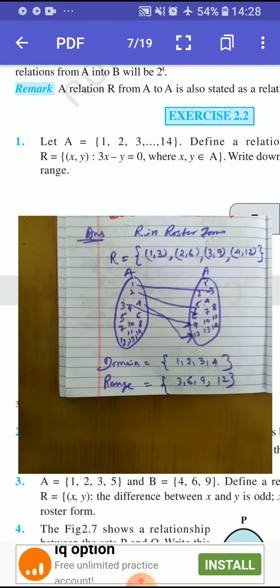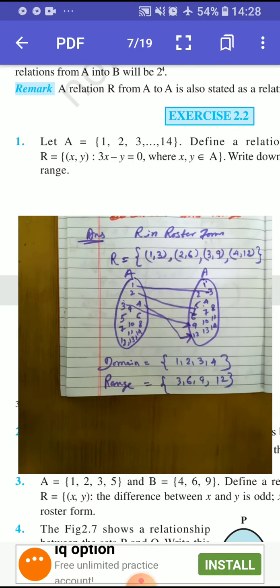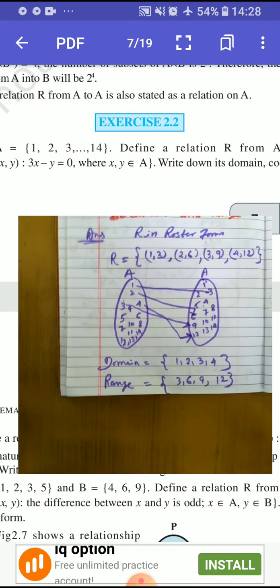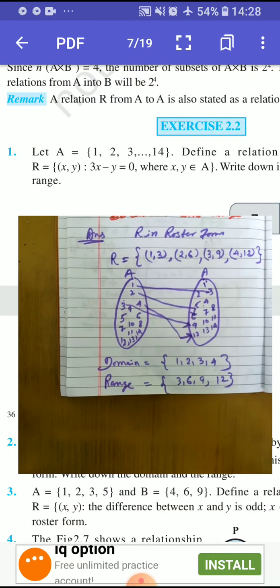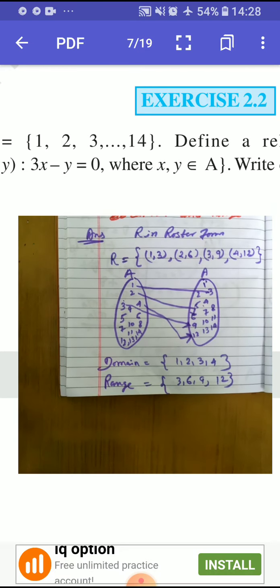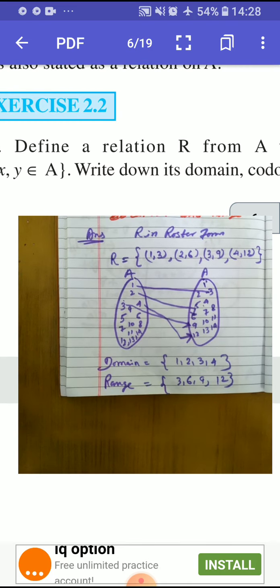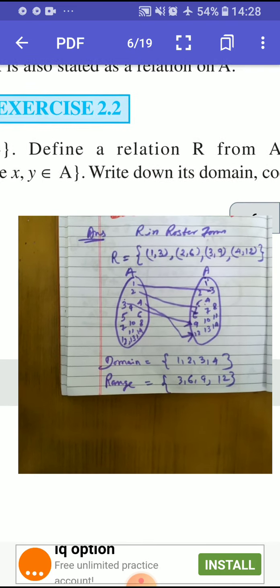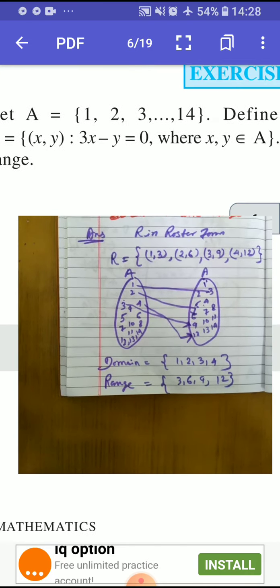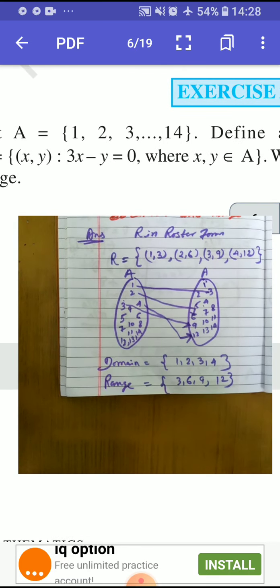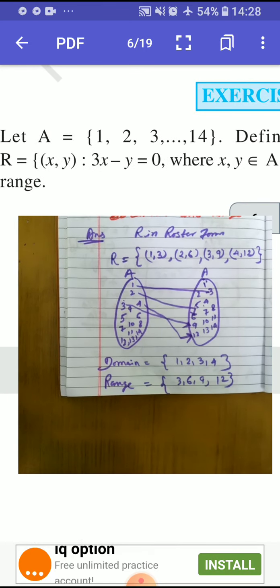First question. Let A be a set of the first 14 natural numbers. Define a relation R from A to A by R equal to {(x, y) such that 3x minus y equal to 0, where x, y belong to A}. Write down its domain, codomain and range. Okay, my dear student, since this relation is from A to A,